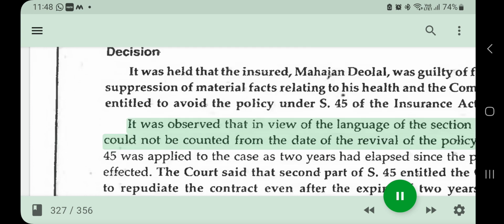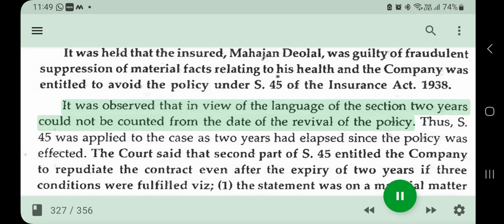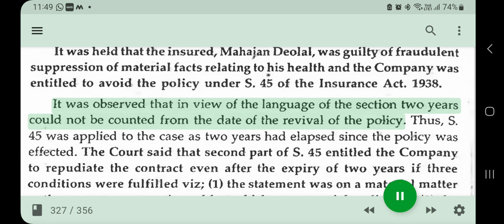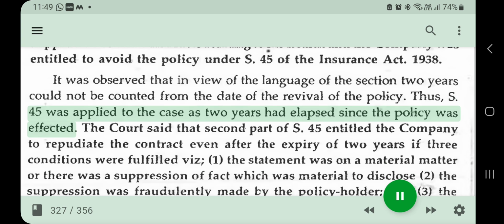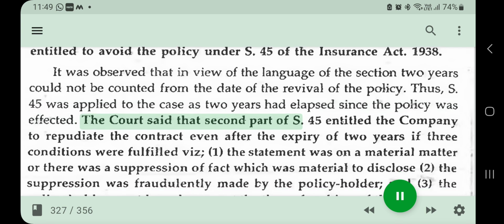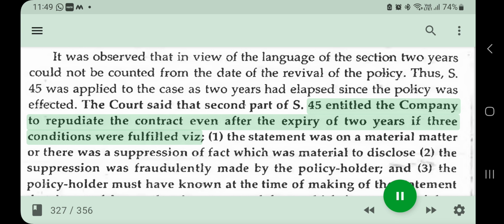1938. It was observed that in view of the language of the section, 2 years could not be counted from the date of the revival of the policy. Thus, S. 45 was applied to the case as 2 years had elapsed since the policy was effected. The court said that the second part of S. 45 entitled the company to repudiate the contract even after the expiry of 2 years if 3 conditions were fulfilled,